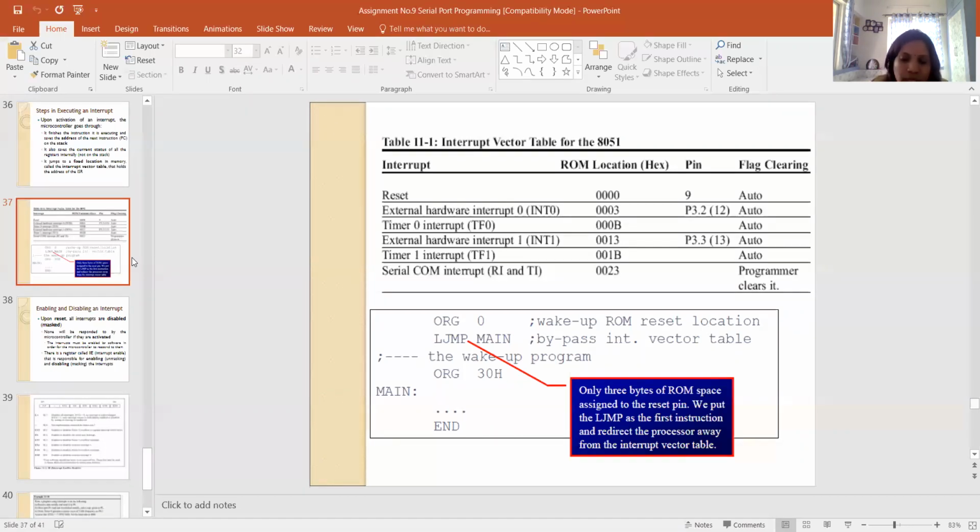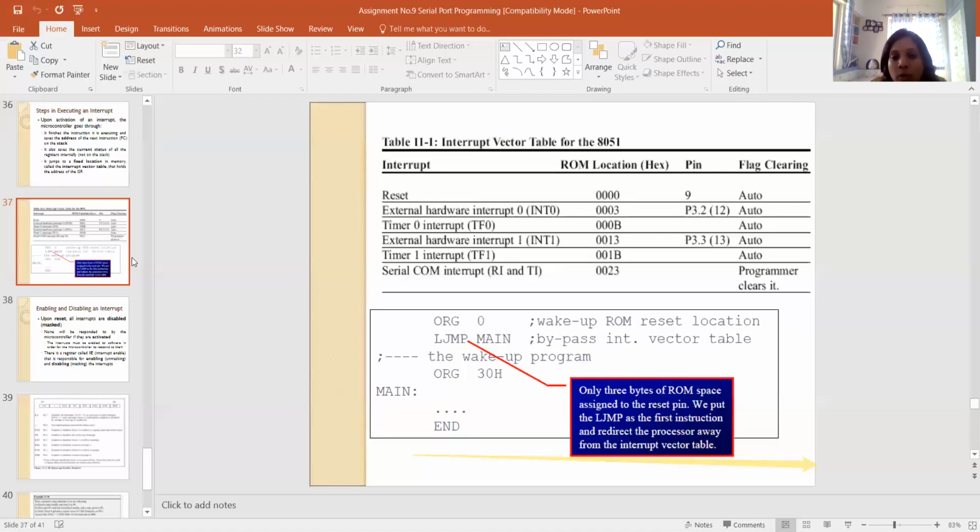Whenever either TI or RI, any one of these two bits, goes high, then it automatically calls the ISR routine. If it is present in your program, it will execute that ISR routine, and then go on to execute the remaining normal code of your program.